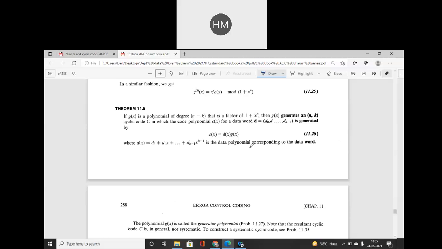Code will be generated by multiplying the data polynomial with the generator polynomial. That means some parity check bits will be added, but all this will be added in cyclic form. So here we will use all the polynomial equations. So you can write, if g of x is a polynomial of degree n minus k, that is a factor of 1 plus x to the power n,